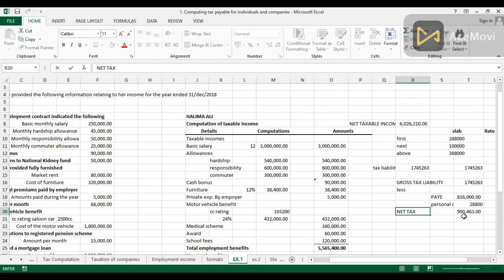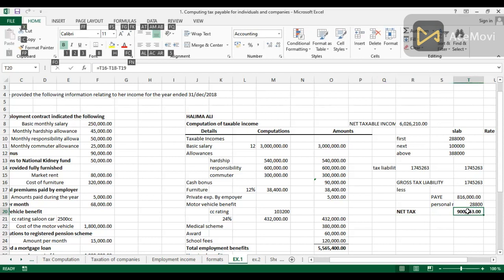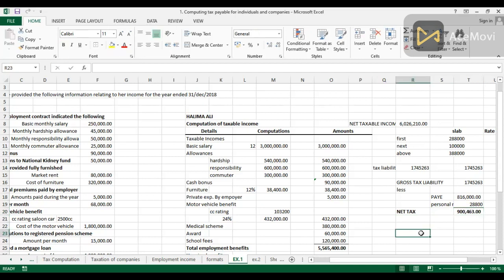Net tax. Control enter bold. Control bold. Alt HBP for top border. Isn't it? This one is called tax assessment. I'll do merge them and then control bold. Isn't it? So we have found the